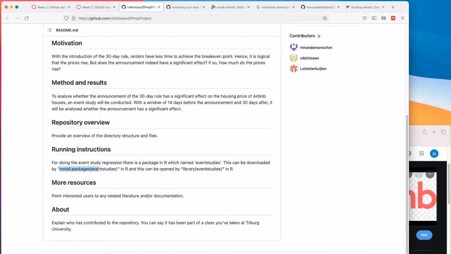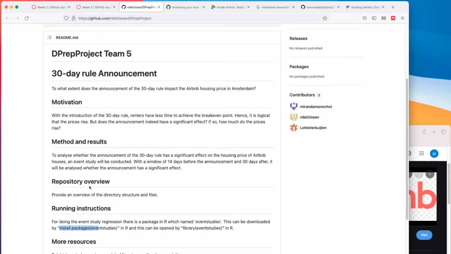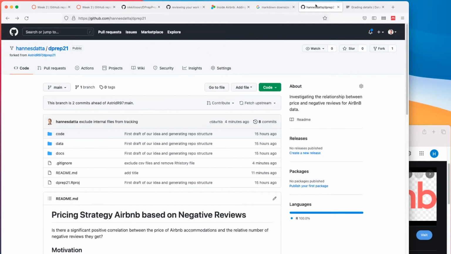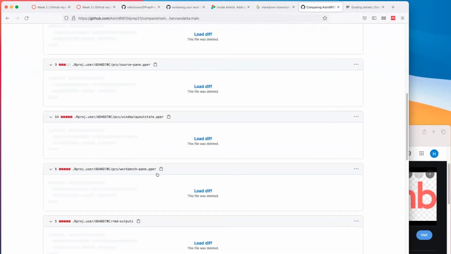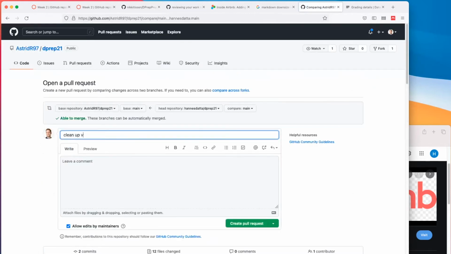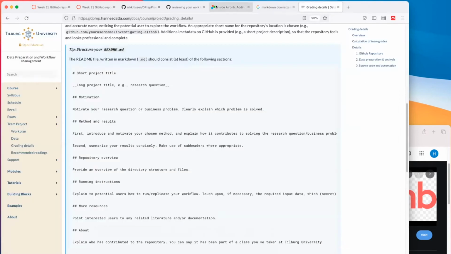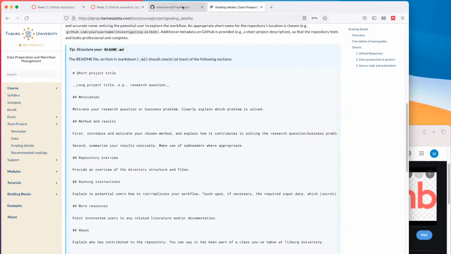The running instructions, I want to show this. This time I'm adding stuff on GitHub itself. I quickly want to show you how you can format code so that people can very easily copy paste your stuff. So I'm forking again. Oh, by the way, I haven't issued my pull request from this other one. So contribute. Clean up files that shouldn't be versioned. Good. Got that. These pull requests, and forking, are a great way for me to give you feedback. We've done this. Let's go back here.